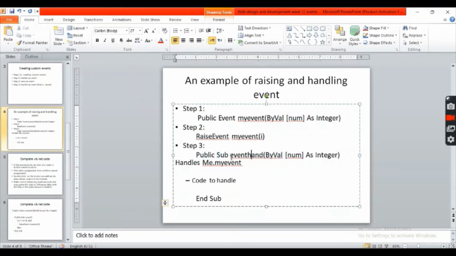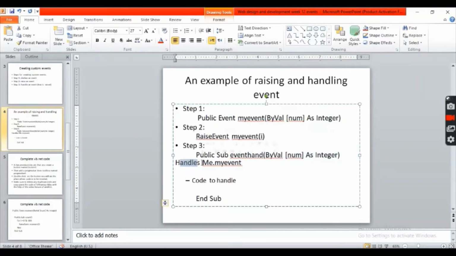This is the name I have given it; you can give it any name. Then ByVal i As Integer, so it should have the same number of parameters as this event. If your event is empty, not accepting any values, then this event handler should not accept any value.